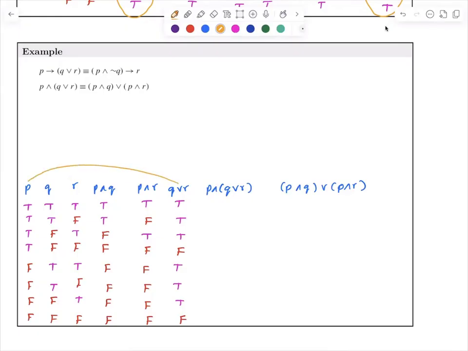P and Q or R. So you have true and true, which is true. True and true, which is true. True and true, which is true. True and false, which is false. False and true, which is false. False and true, false. False and true, false. False and false is false. And finally, in the last step, we're going to basically